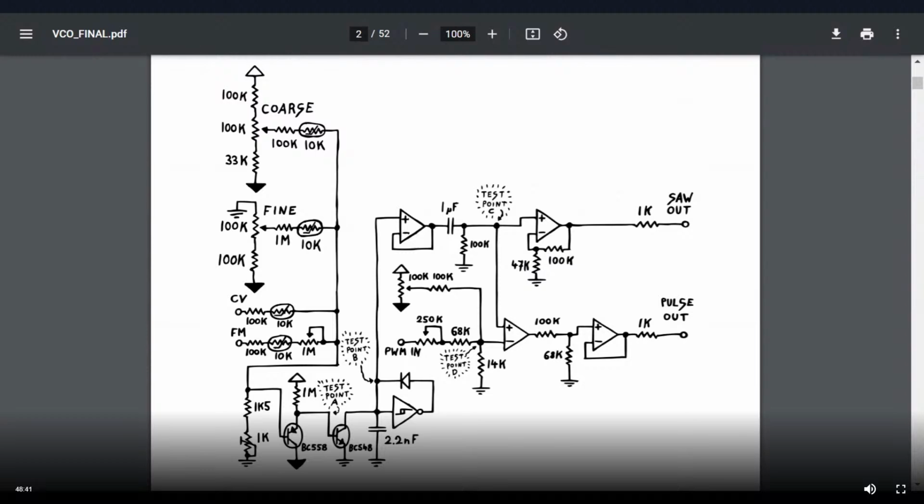Great, so this is the circuit design. Are we supposed to understand this? No, not really, but that's okay. I mean, I think anyone who's interested in electronics will become familiar with the various symbols and bits and pieces